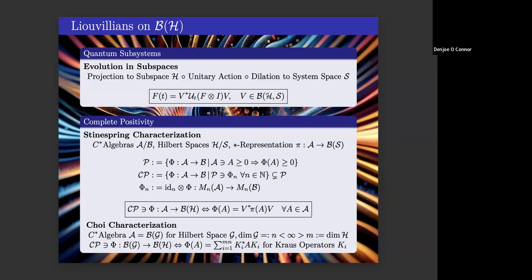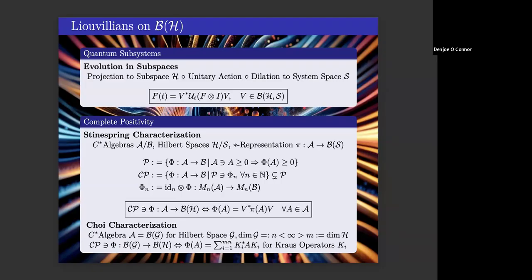Because already in '55, Stinespring characterized all completely positive maps, meaning that if you have some map phi that goes from one star algebra A to another one B, normal positivity would just imply that any positive operator gets mapped to another positive operator, but not completely positive. Complete positivity is something much stronger, because now you look at all the tensorial extensions,